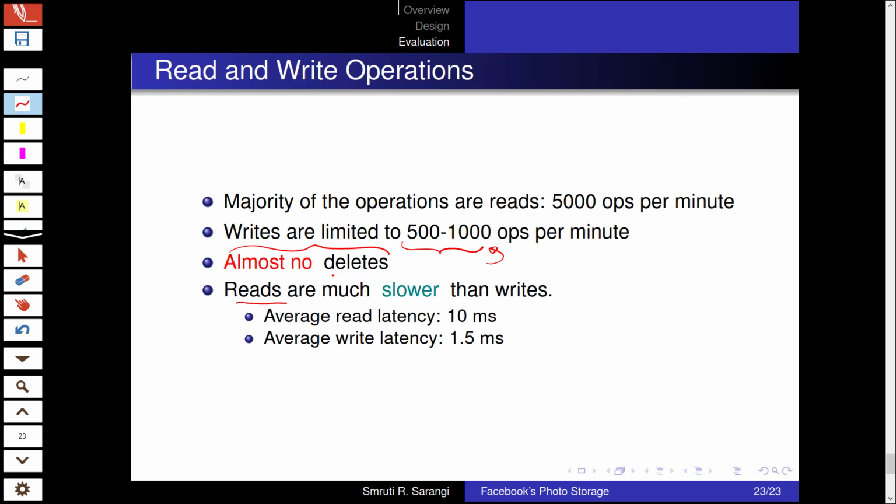Writes in many cases can be cached in memory, so you can write to memory and say that later on the data from memory will get persisted to disk. But in a read, we'll have to perform the disk read to actually get the data. The read times were high, 10 milliseconds, but the write times were small, 1.5 milliseconds.